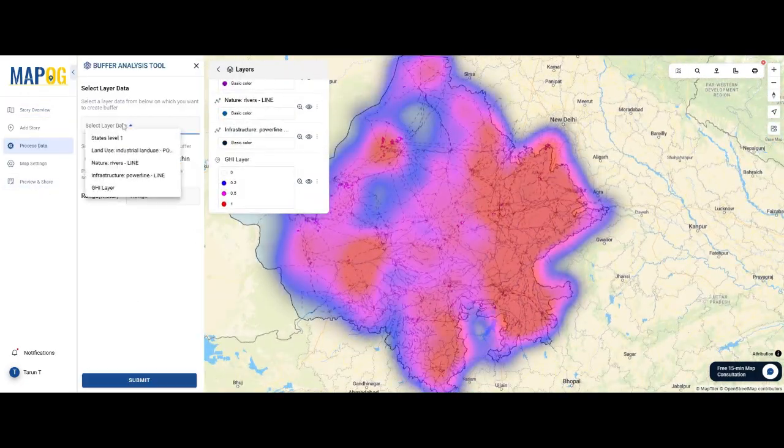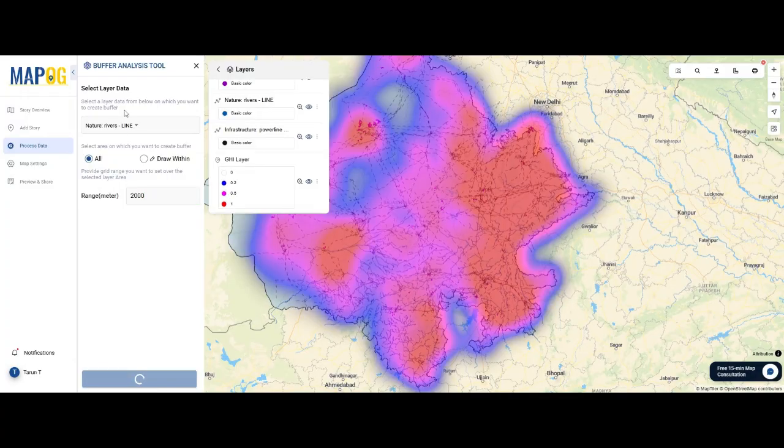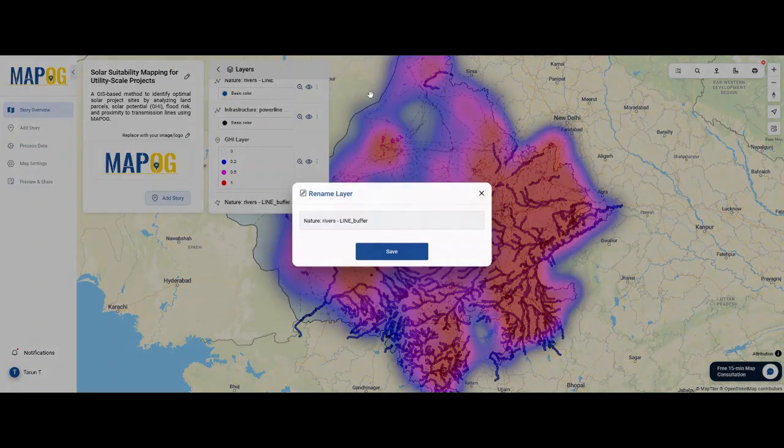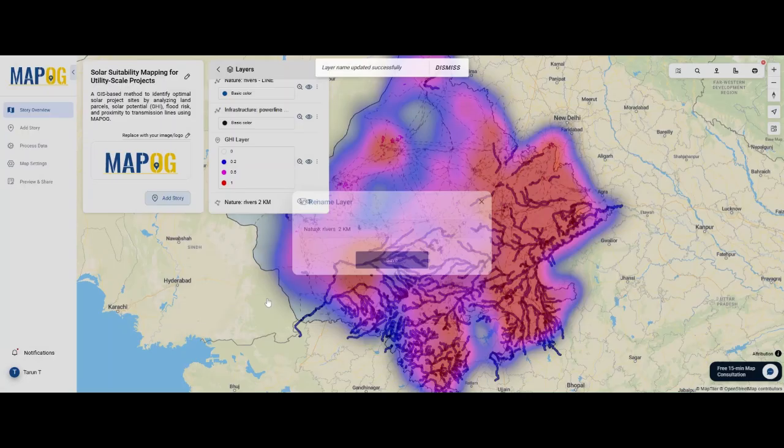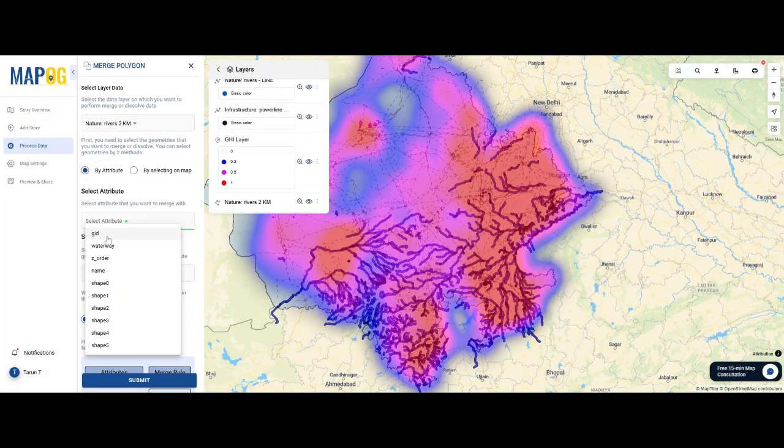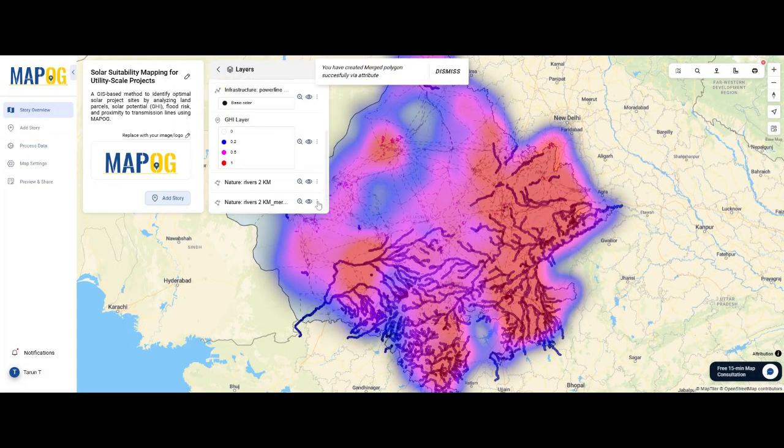Go to Process Data, use the buffer tool, and create a 2 km buffer around rivers. Go to Process Data, select Merge Polygon, use the 2 km river buffer as input, and merge by attribute and value